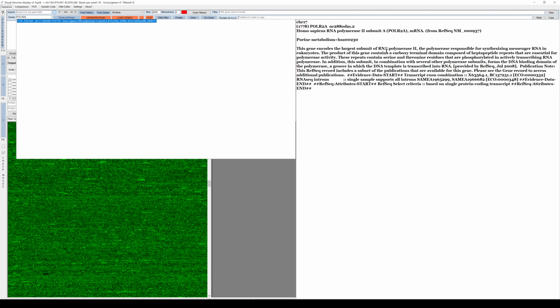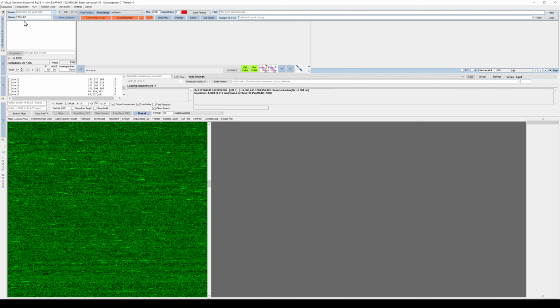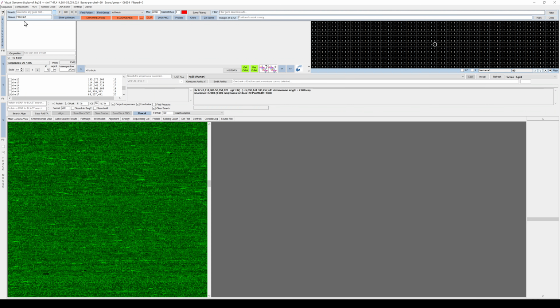You can magnify this by using the mouse wheel with control, and you can make it bigger. If you press enter on it or you click on it, it will navigate to the gene in the genome.